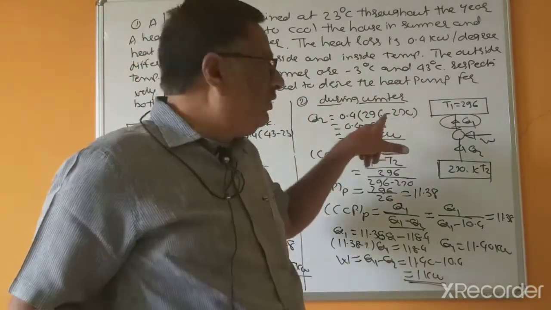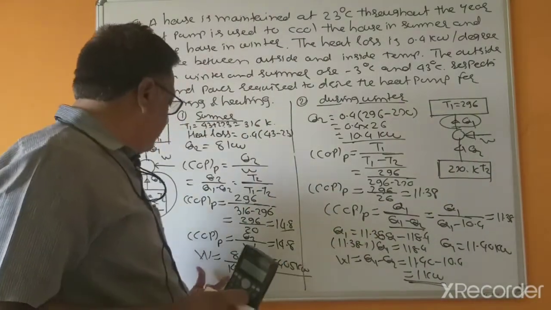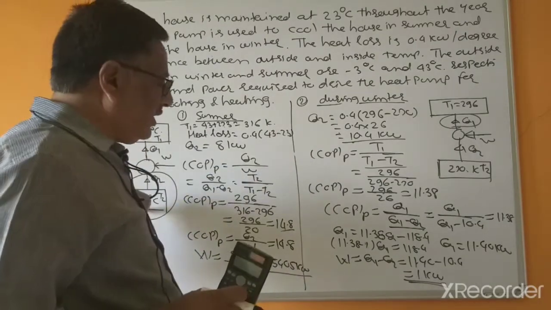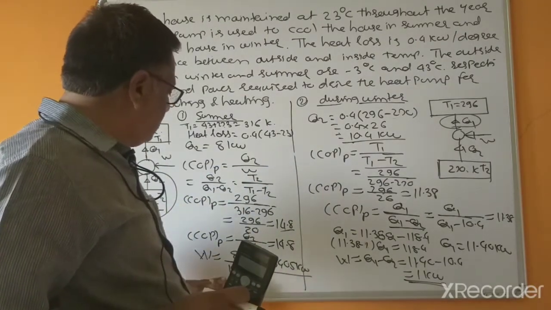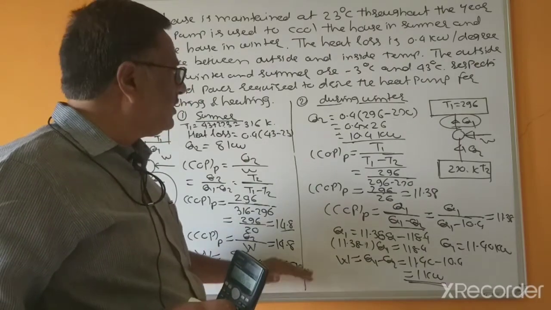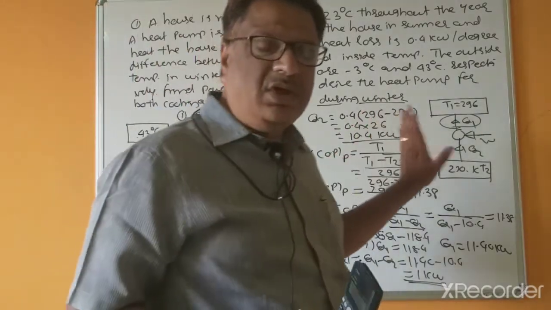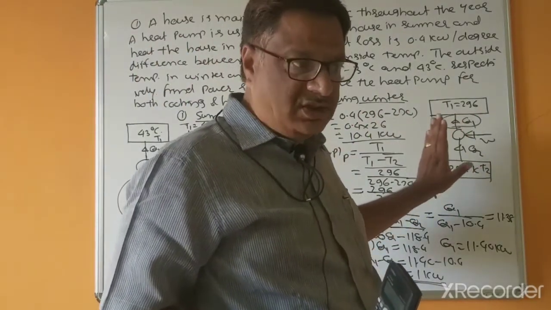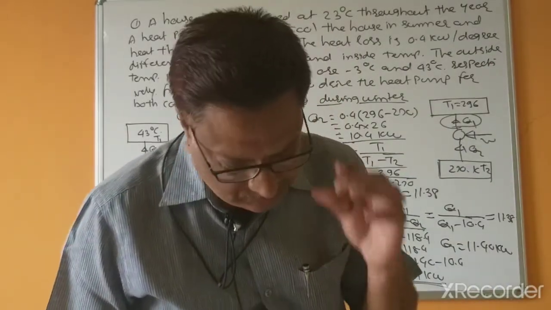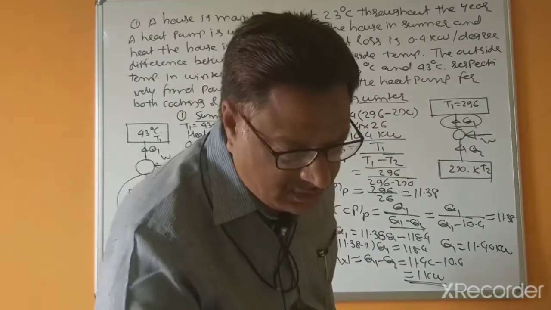So during winters, we require less power as compared to the summers, when the temperature differences are 43 degrees centigrade and 23 degrees centigrade. This means the heat pump works efficiently because it requires less power, and this requires more power. This depends on the environment conditions. Try to understand these problems, that's why I took this problem. Note down the next problem.